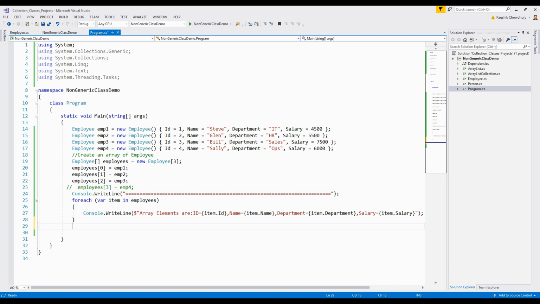What is an ArrayList? ArrayList is a non-generic collection, if you have seen my earlier lecture. ArrayList uses the System.Collections namespace. ArrayList can grow in size. If you recall my last lecture, please go through it. If you have forgotten a little bit, it doesn't matter. I keep on forgetting. So ArrayList is a non-generic collection, and it can grow and shrink in size,